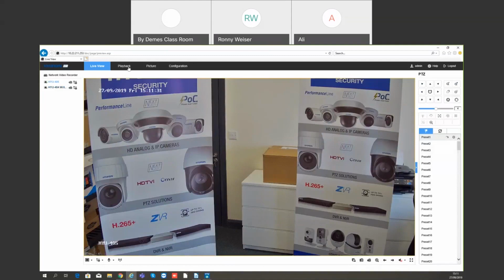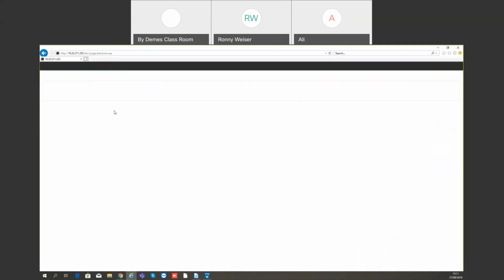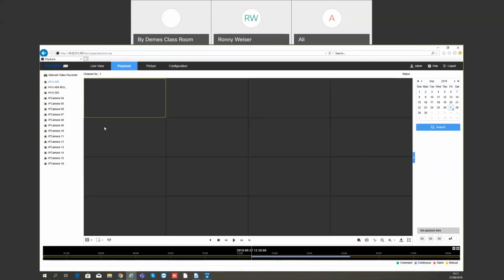The functions here. Second tab is Playback. I'm sure you're all familiar with Playback. You can again choose which window you want to playback the camera in, and you double click the camera and you will add this camera to this window, and then you can choose your date, your time, and you can drag here, and when you press play, it's going to start displaying your